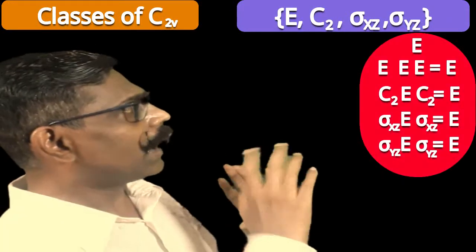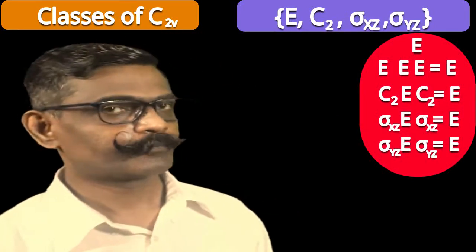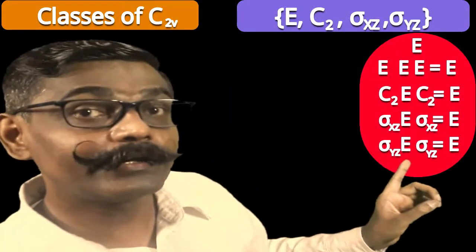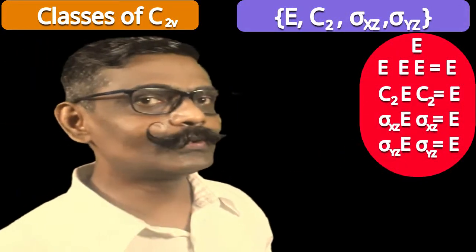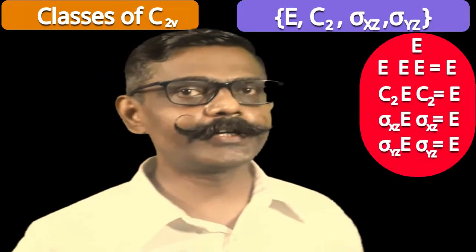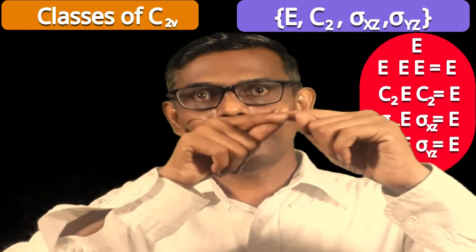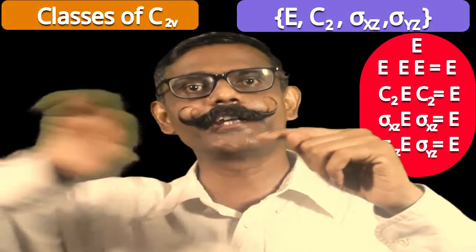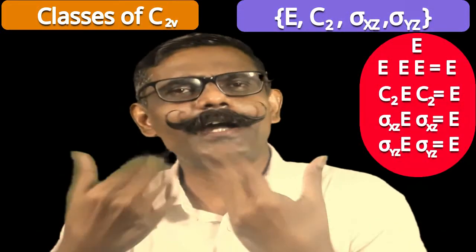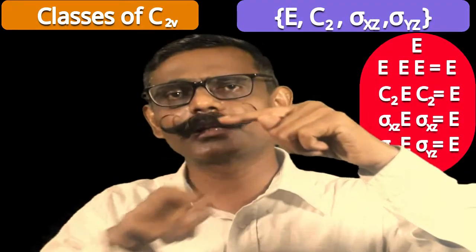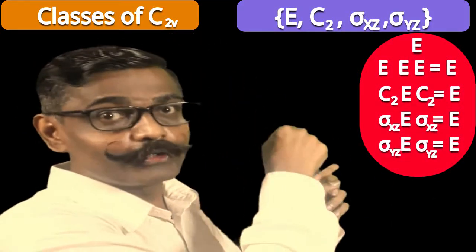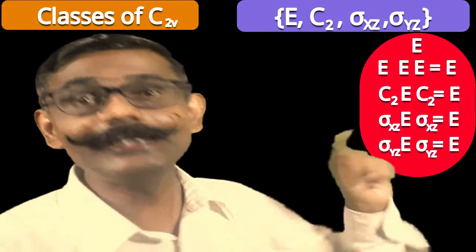Here identity is kept at the center, that is our A, and all other operations I am trying as X, meaning at the beginning identity. Then I tried C2. What is the inverse of C2? C2 means rotation by 180 degrees. If I rotate the molecule by 180 degrees, then how can I get back the 360 degrees or original status? I would rotate further by 180 degrees, or reverse 180 degrees. It is better to go in one direction, so I rotate it further by 180 degrees. So the inverse of C2 is also C2. Actually C2 inverse, but C2 inverse means C2, therefore C2 E C2 is equal to identity.